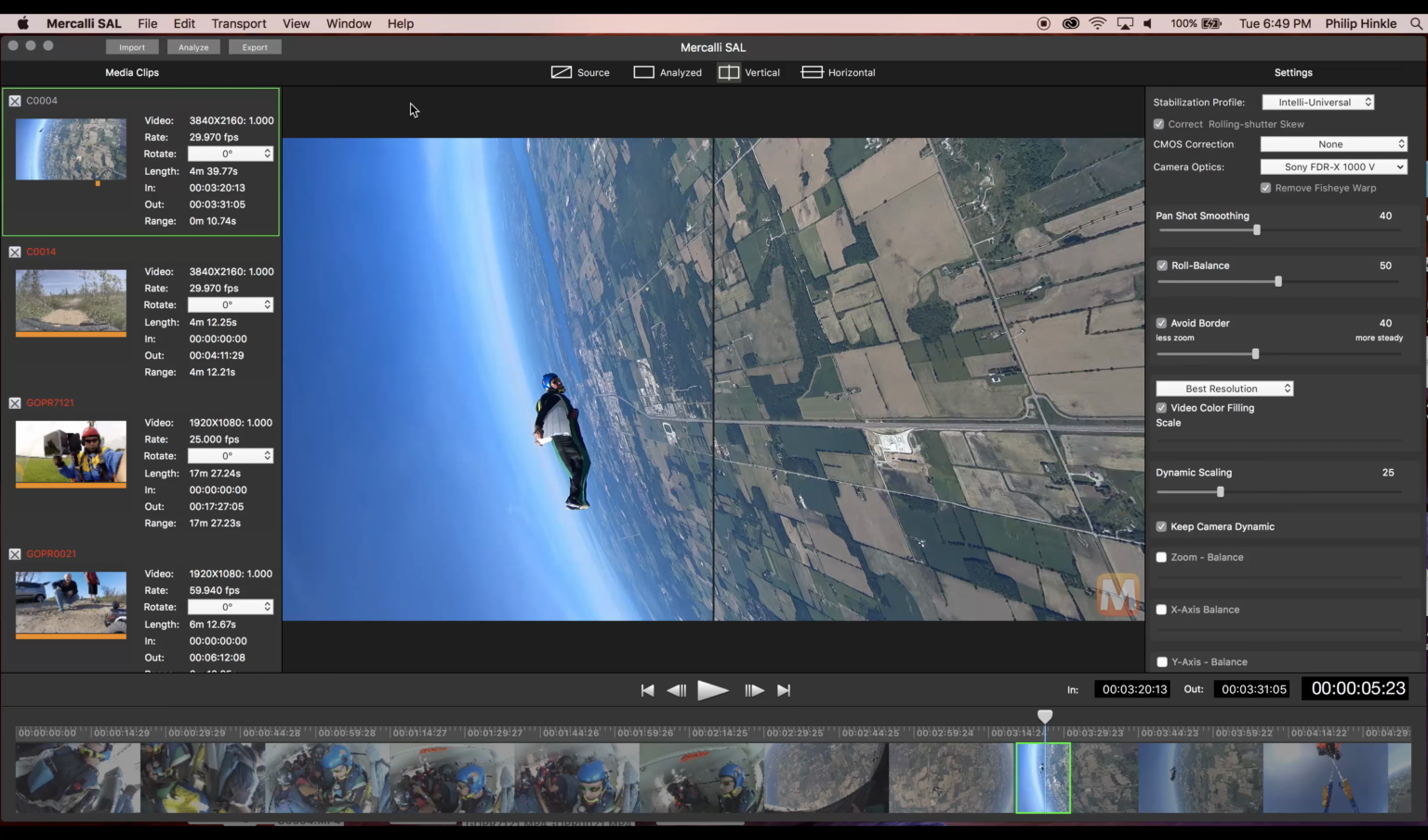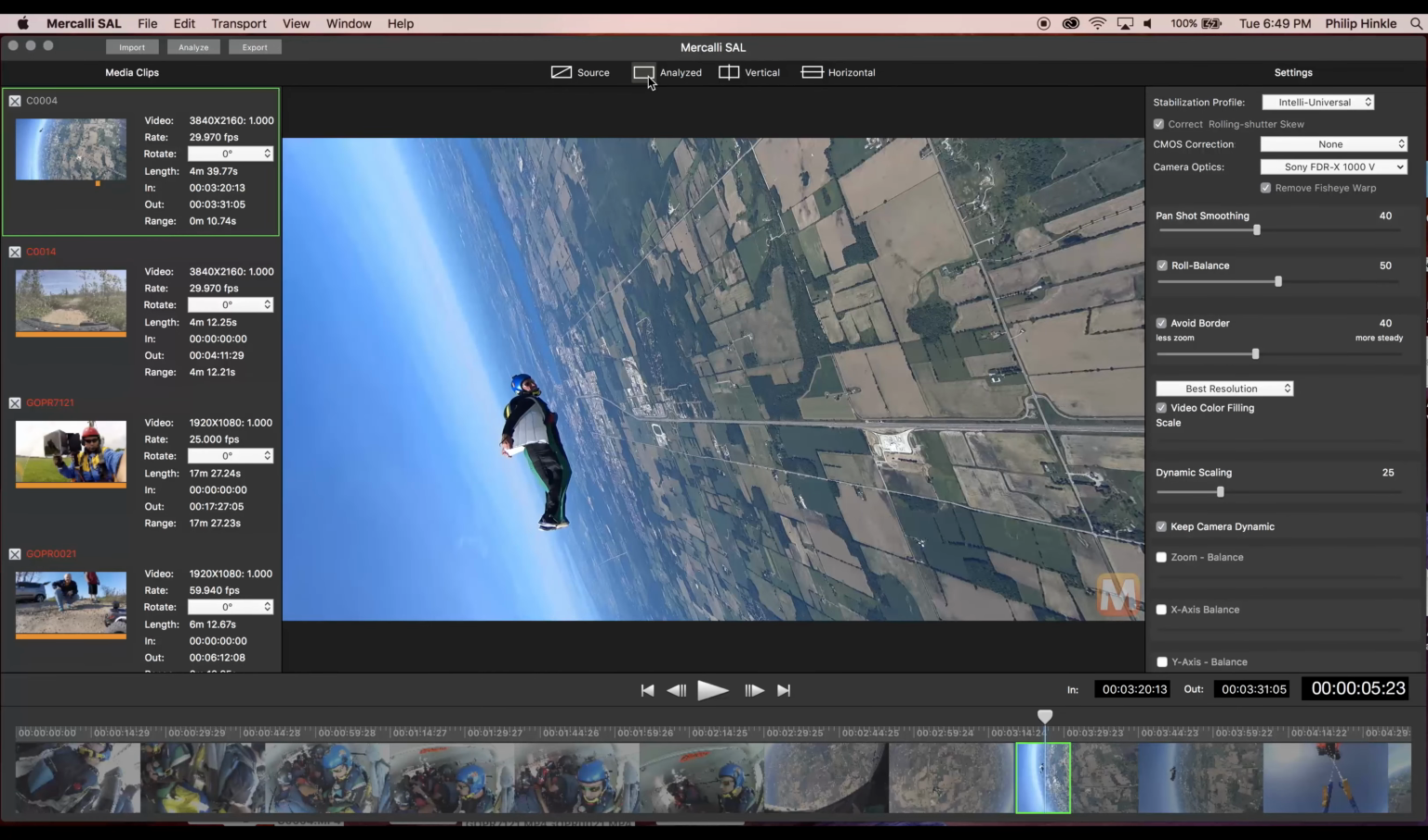It's great for previewing your footage and showing people the potential and possibility of what may come out of it. Then you just go back, re-render it again, stick it on analyzed, and you're good to go. There are lots of options along the side here. They do different things. There's a pan shot smoothing, and there's a roll balance. By moving, let me go back to analyze there. By moving the pan shot smoothing,